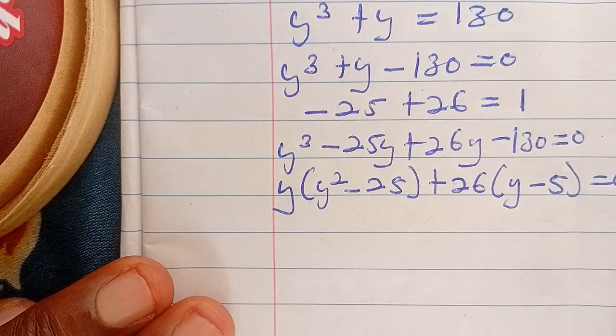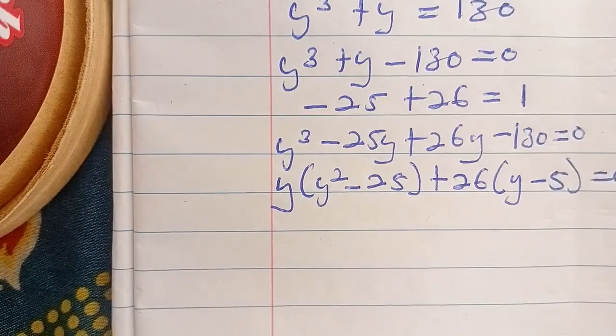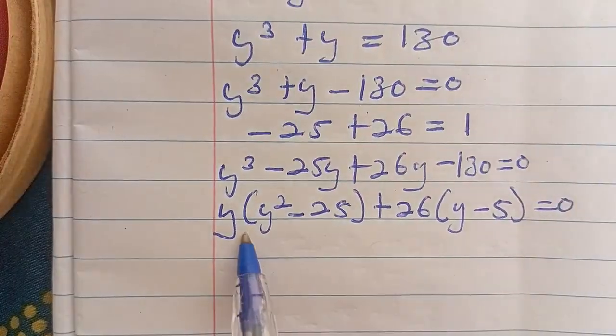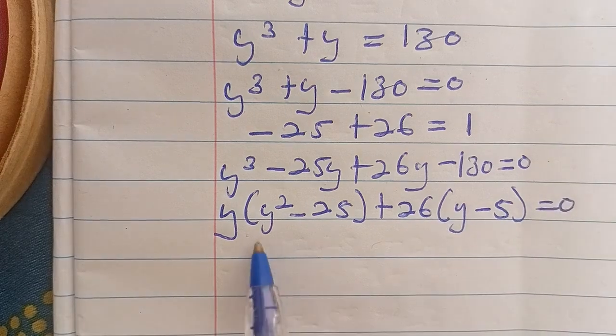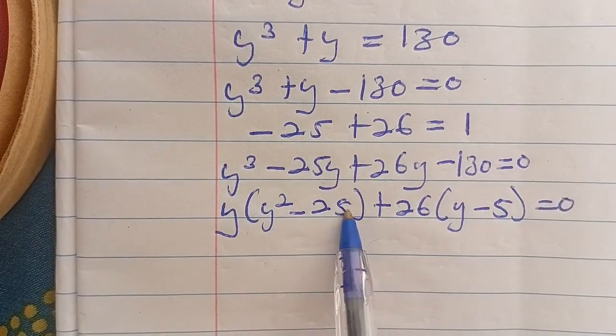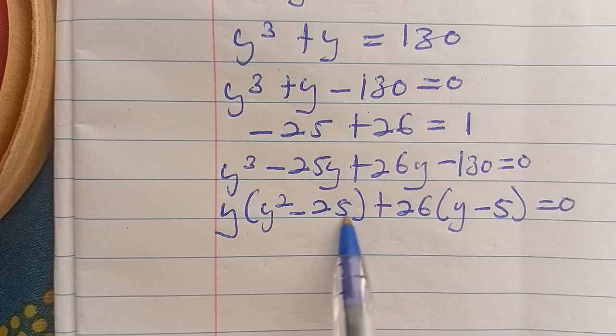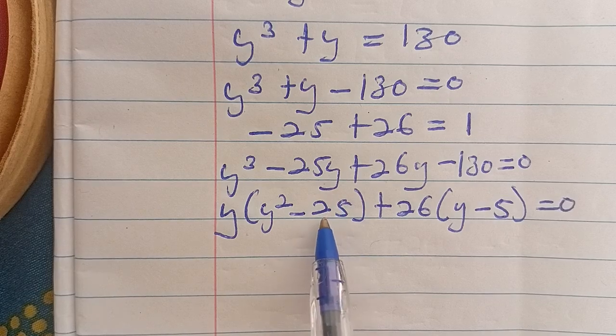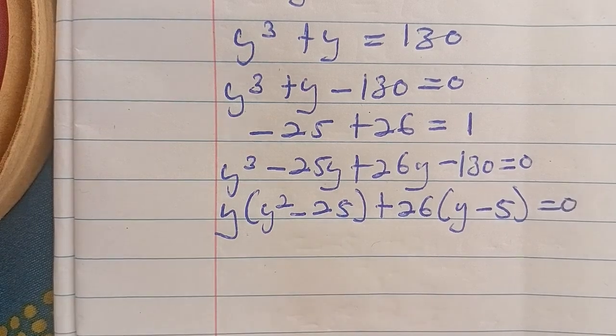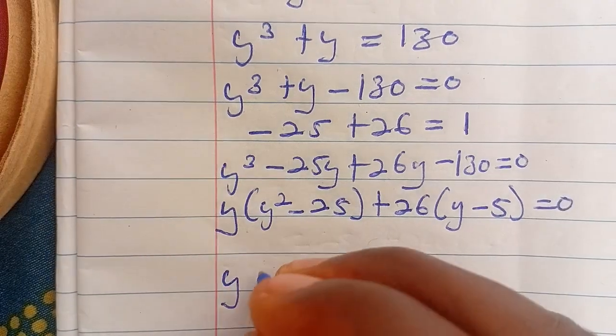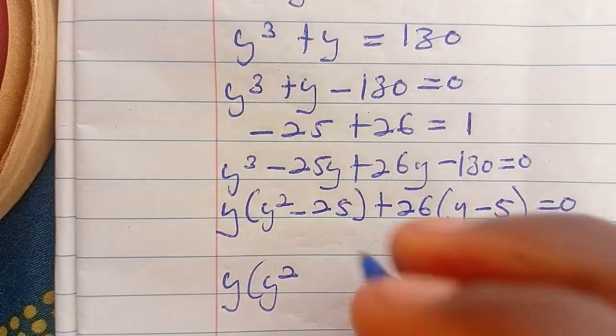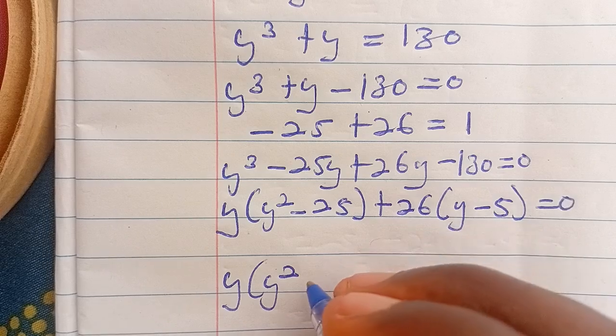Now if you check the equation carefully, you will see y squared minus 25. So we can manipulate this 25 and then have 5 exponent 2 or 5 squared. So you're going to have y open bracket y squared minus